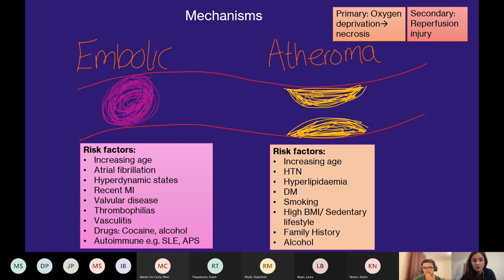These can block blood vessels. An embolism can also be from fat or something else, but in this context, the most common is a platelet clump that gets lodged in a vessel. And there are certain states that would increase your risk of this: infection, autoimmune causes,